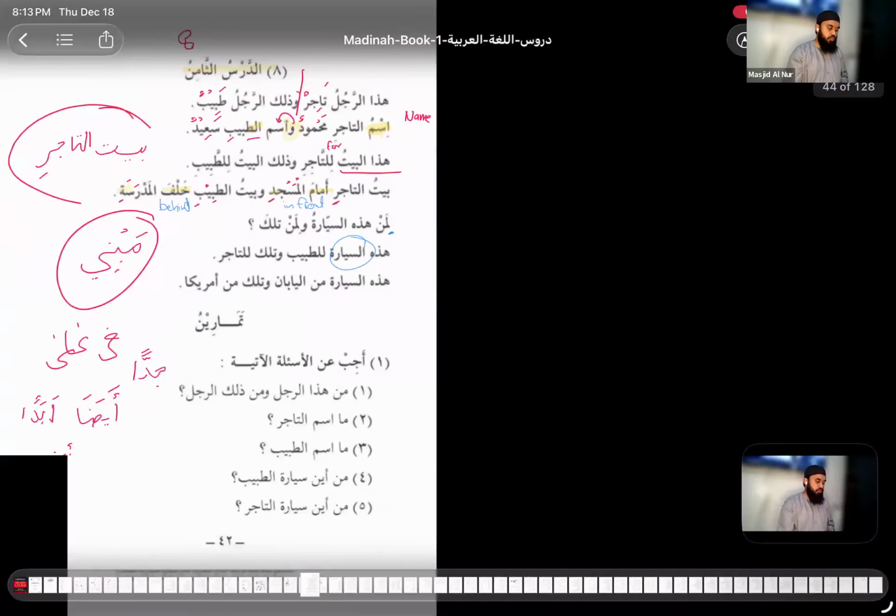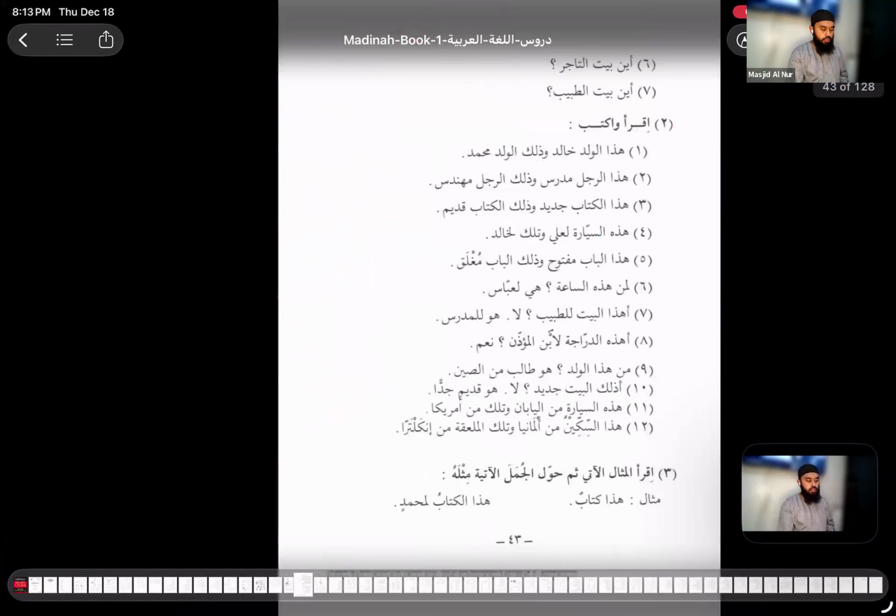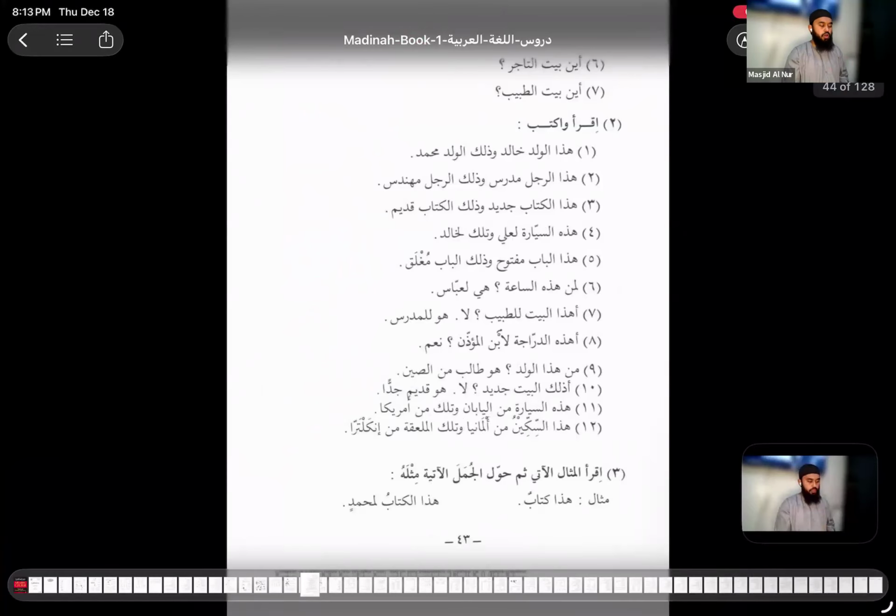Any questions with regards to this lesson tonight, everyone? Anyone? Any question? So again, please, any word that you guys don't understand, don't wait for my translation. You are going to go through this dictionary. You should know how to use the dictionary by now. Just put everything under the pattern of fa'ala. You'll find it in the dictionary. Is that clear?